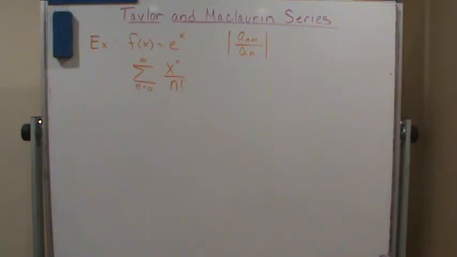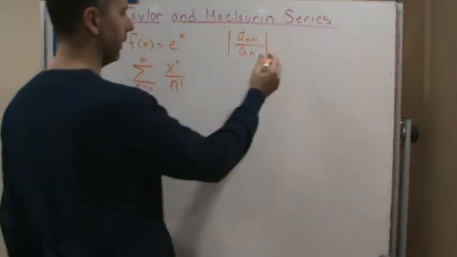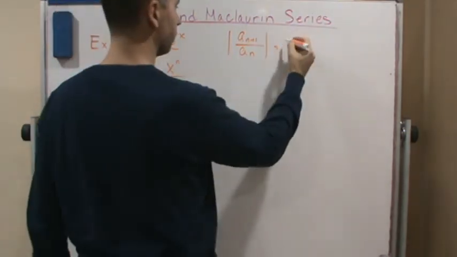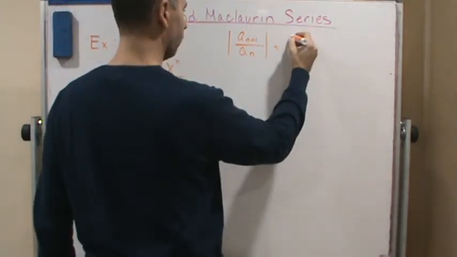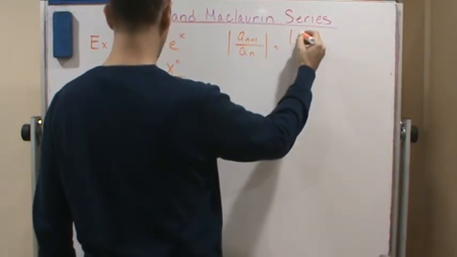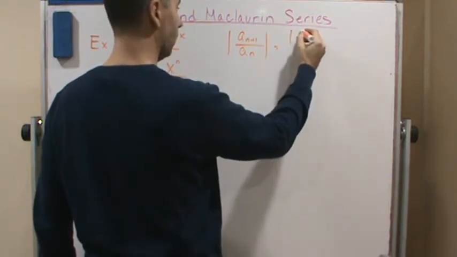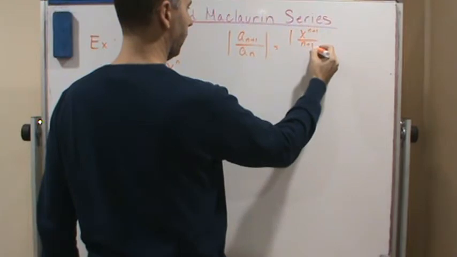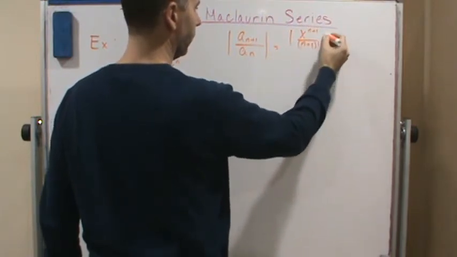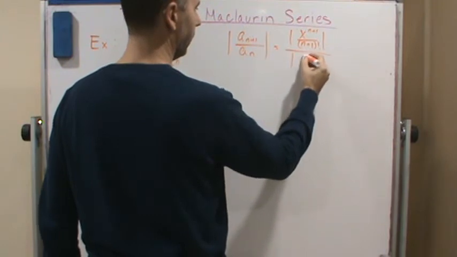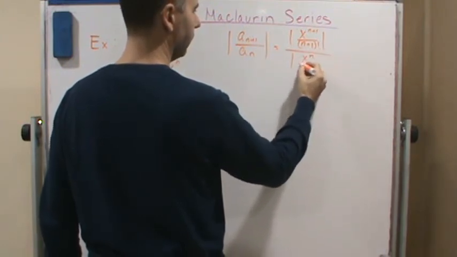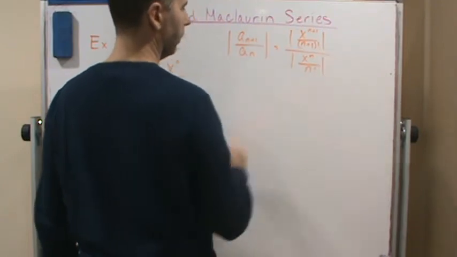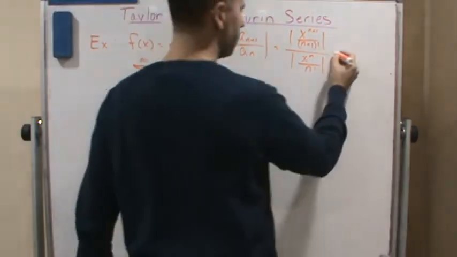When we do that, that's going to give us the absolute value of x to the n plus 1 over n plus 1 factorial, divided by x to the n over n factorial. And when you simplify this,